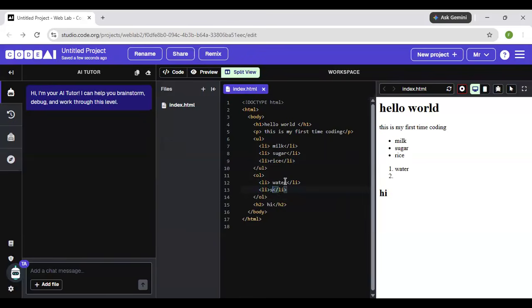Is there a way for you to remove the bullet points? The bullet points or the numbering? Just the bullet points. Why are you asking?